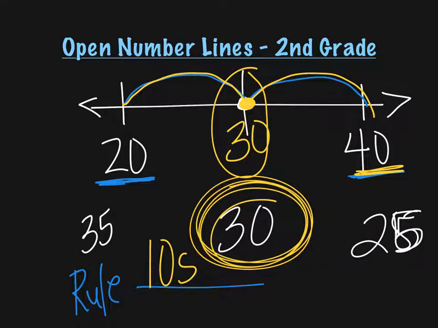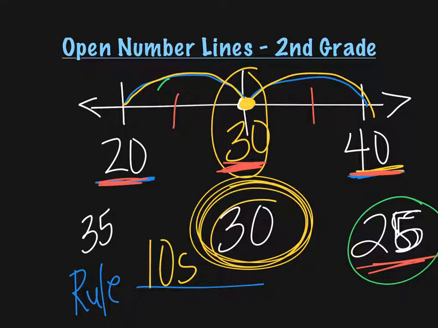It wouldn't have been 25 because if we were going to plug 25 in our number line, where would it go? So I'm going to make 2 more notches. Where would 25 go? Would it go between 20 and 30, or would it go between 30 and 40? Good job. 25 would go between 20 and 30 because right in the middle of 20 and 30 is the